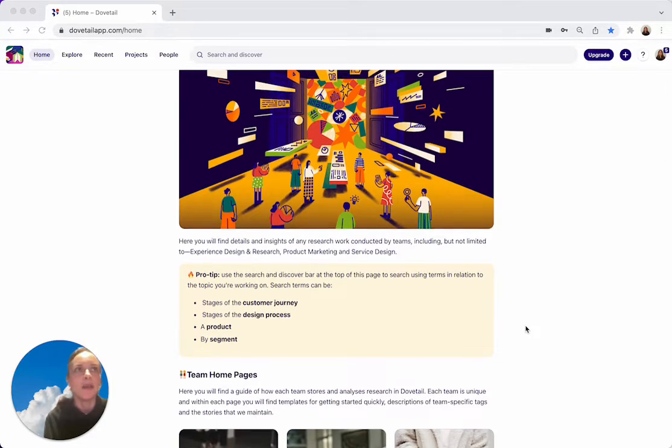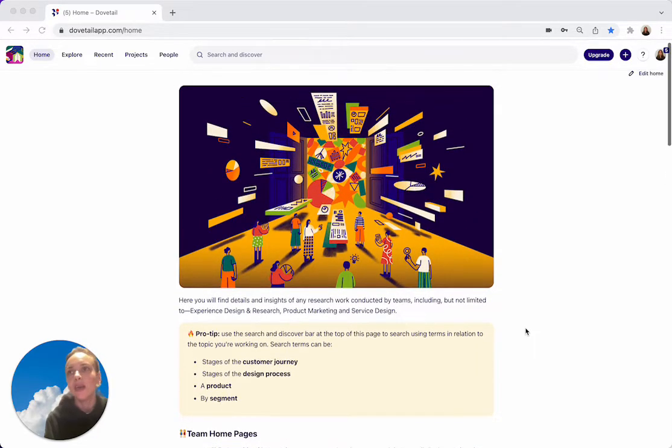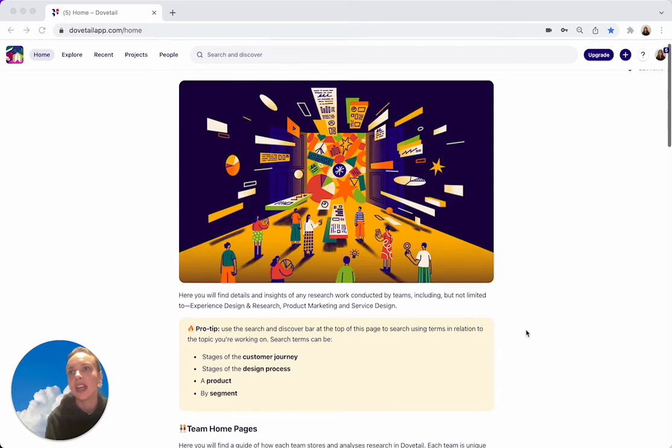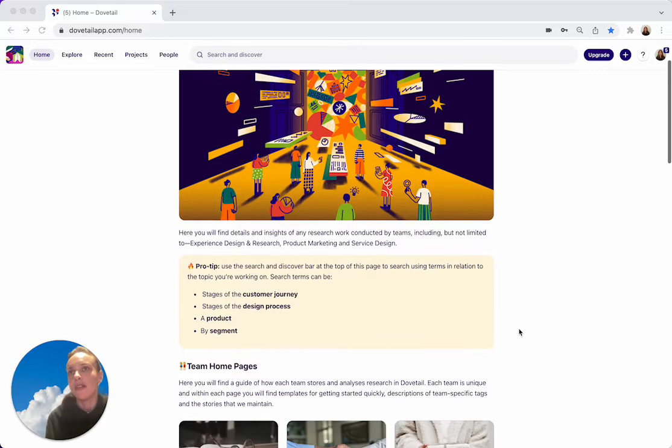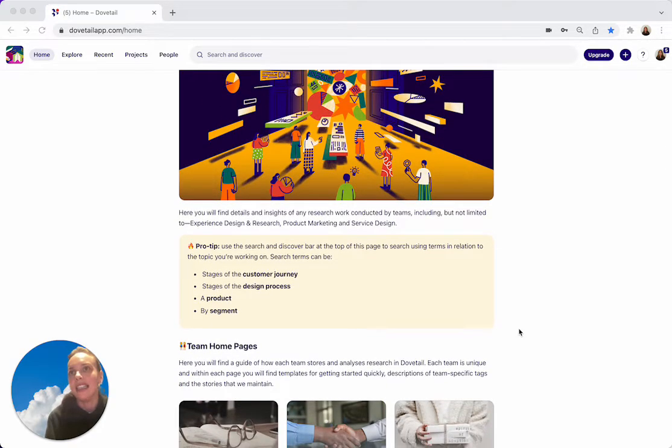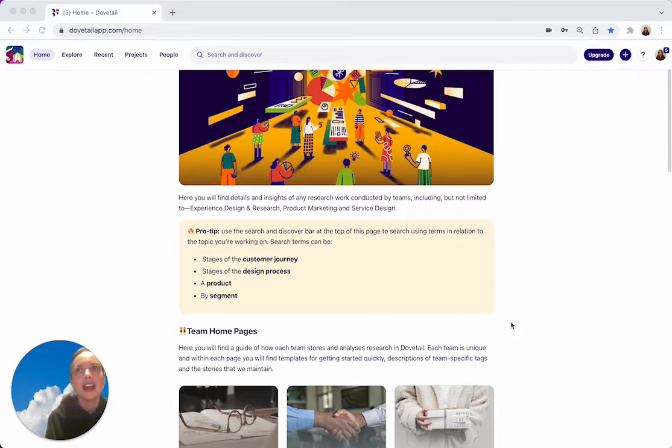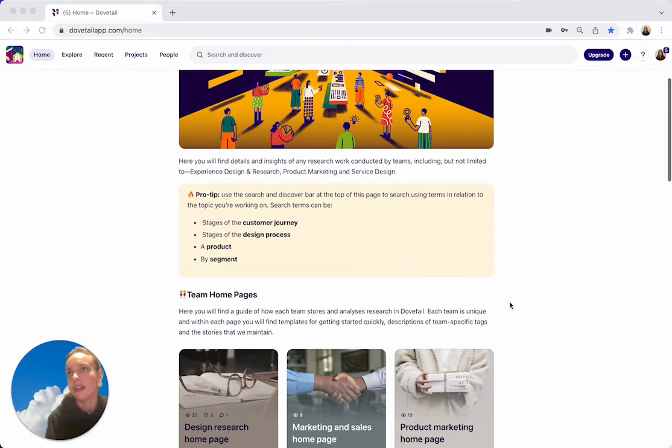I'm going to talk you through a couple of ways that you can curate your workspace homepage. First off, it's always great to start with an introduction. Welcome your stakeholders into the workspace and let them know what they can expect to find. We encourage you to highlight maybe some popular search terms that they can look into. For example, here we've got an idea to search for customer journey, design process, perhaps a certain product, or by